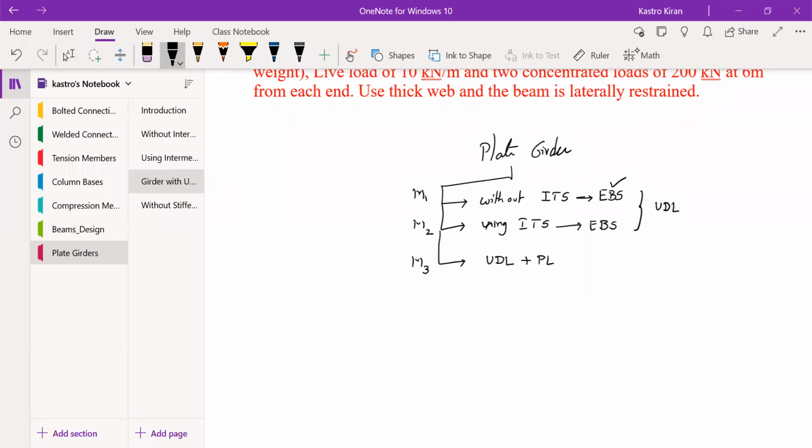So the design process of plate girder for the model 3 problem goes in a slightly different way than what you have seen in model 1 and model 2. The model 1 and model 2 problems have more or less the same design process. Model 3 will have a slightly different process of solving. However, the steps remain the same, but you will get some additional steps, that is load carrying stiffener, design of end load carrying stiffener. All these things will come. We'll see that during the design process.